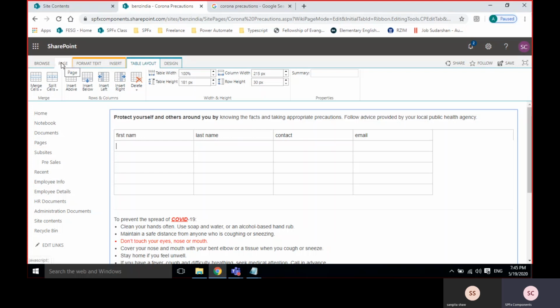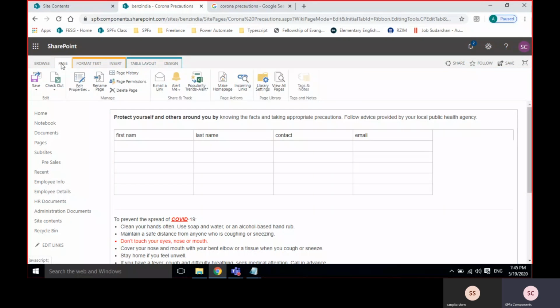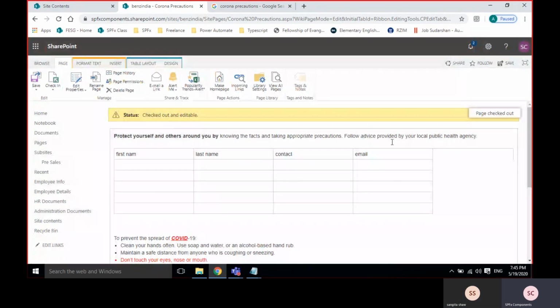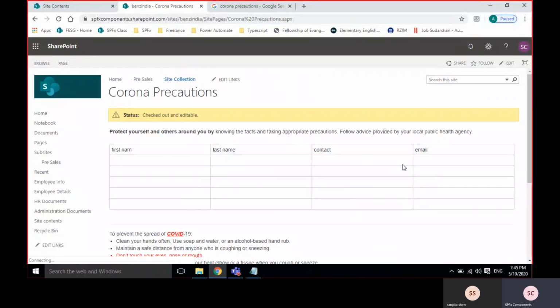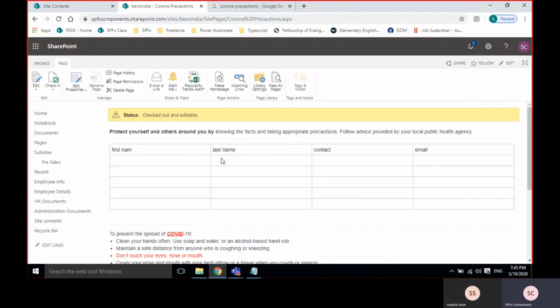And when everything is finished, then go to page. While working, you just do checkout. Then no one can edit it. In between you can save it. If everything is okay, then move on to check-in.